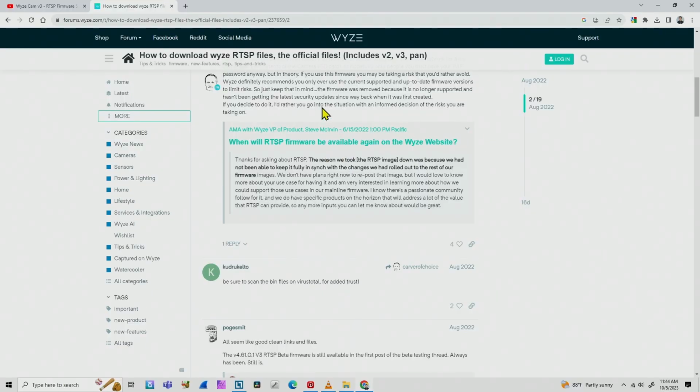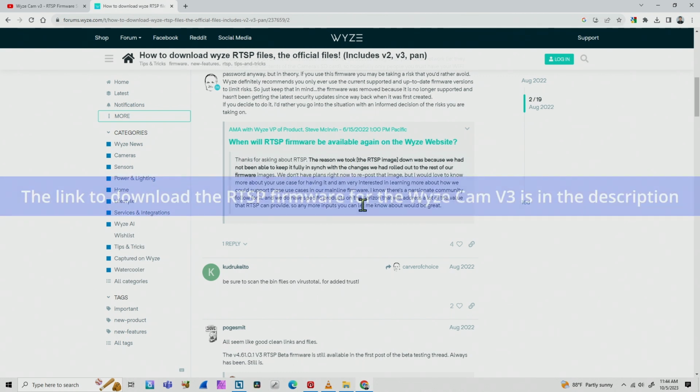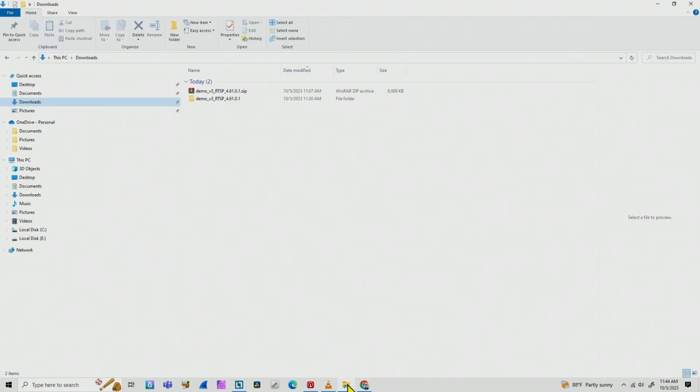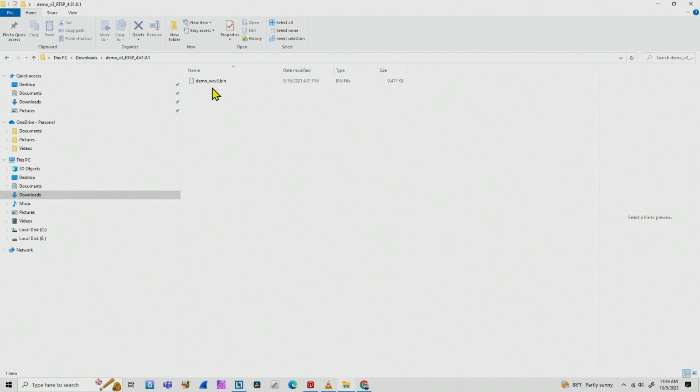This is the official Wyze website. And be aware that Wyze is no longer supporting RTSP. So there's no link clearly available here on the website, but I have the link here in the description. So if you want to download the firmware, just go to the description, you're going to find it. I have it already here on my computer in my download folder. It's a zip file, I just unzipped it, and here I have the file,